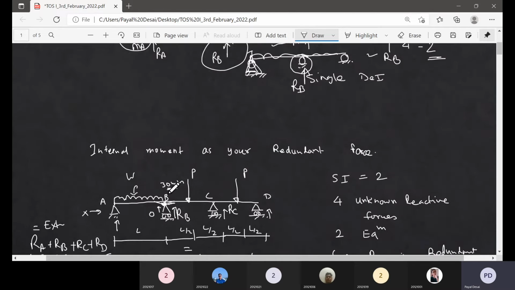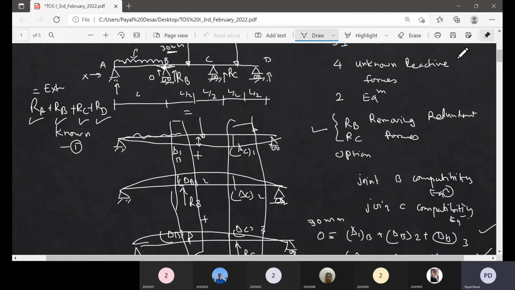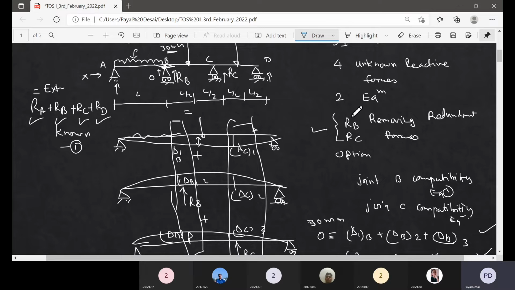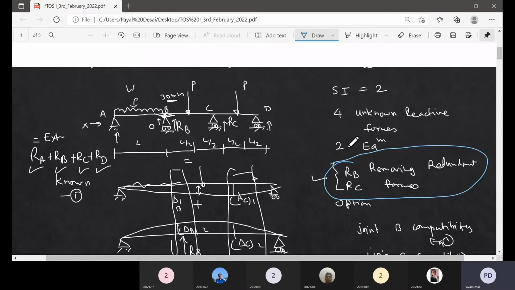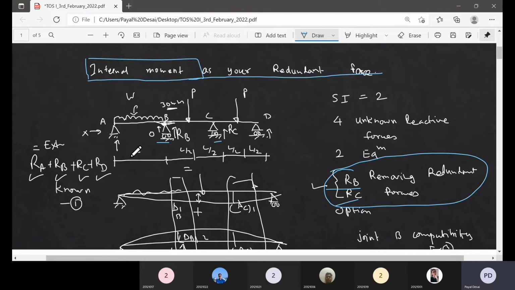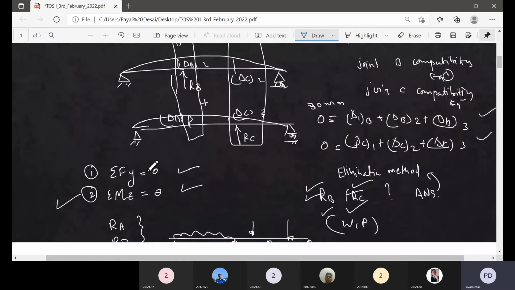Okay, so as I mentioned to you, instead of RB and RC as your redundants, we may choose the internal bending moment as the redundant, and we will see how we can incorporate this into our analysis. So we discuss the same example, but instead of RB and RC as redundants, we choose the internal moment. So how to choose that? Let me read the diagram. In this beam,